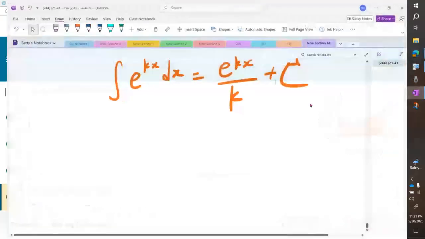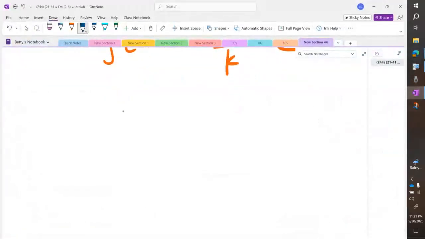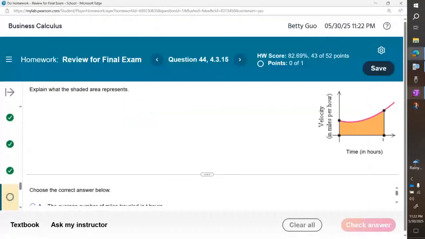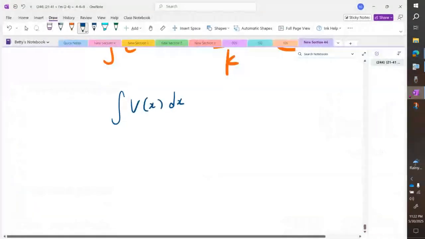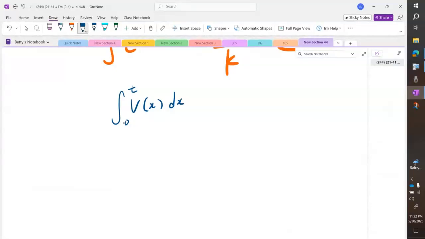Okay. Velocity function, Vx dx from 0 to t. T here you can treat it as a constant. So we know